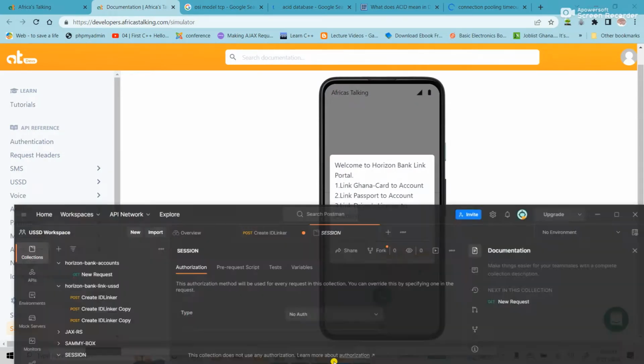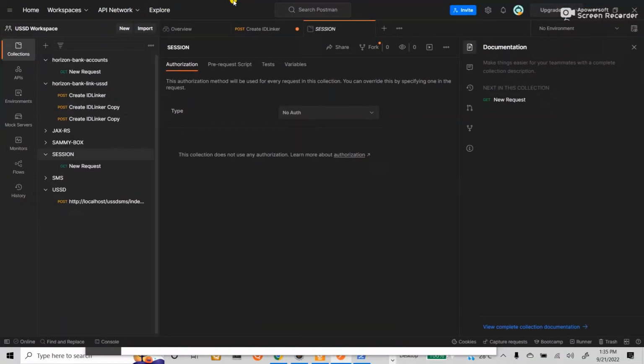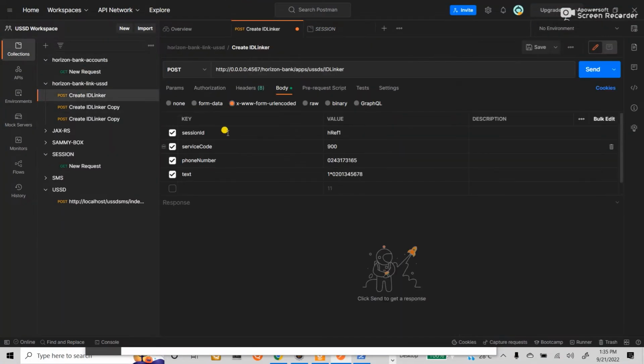Let me go to Postman. So when you come to Postman, and you look at these post parameters that are sent to the API, the API is saying that this is a session ID, your service code, your phone number, and your text. Your session ID, once you start, you are inside the session. So I started with 1, and I'm going with this service code, which is my channel on the aggregator. The phone number, don't worry about the phone number, that's just the phone I'm dialing from